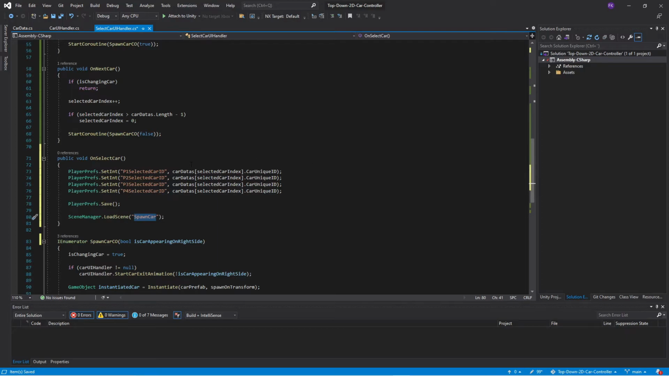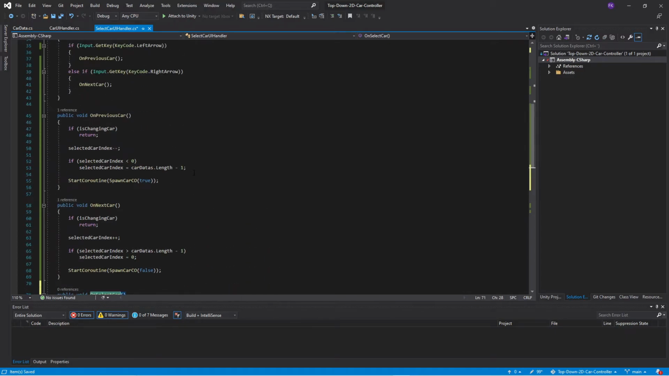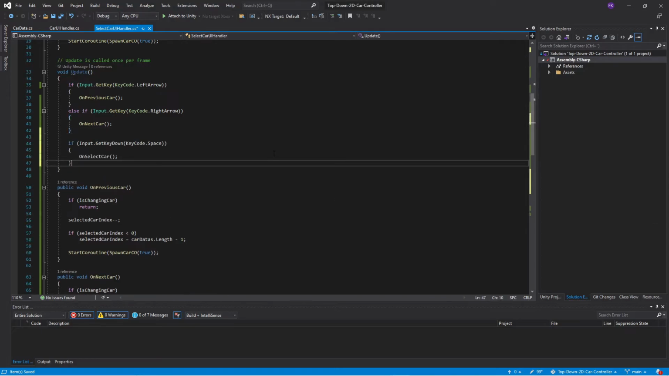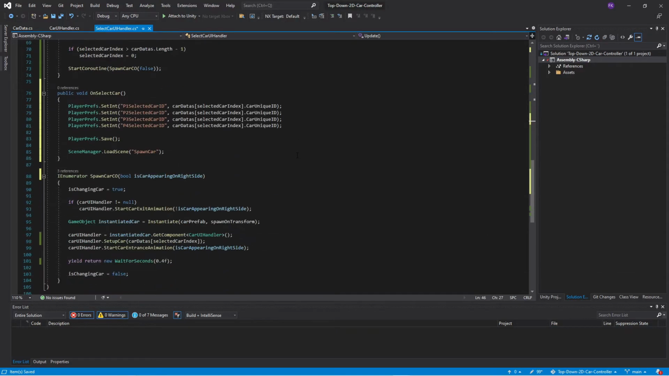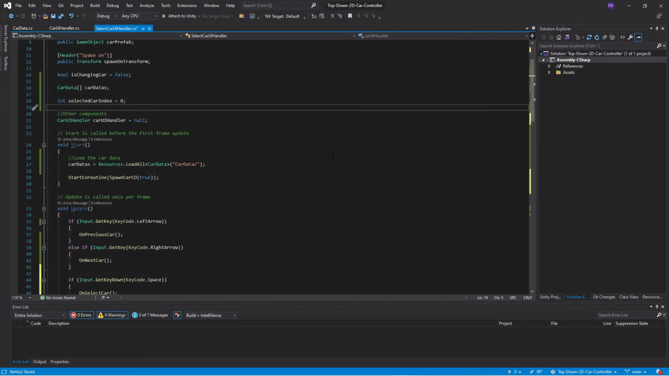But we also need to listen for the keyboard inputs for this, because now it's only a function, so we need to use it when the user is pressing a certain key on the keyboard. So let's check if the user is pressing, let's say, the space key, then we'll call the onSelect car. Okay, perfect. So if we save this and go back into Unity,